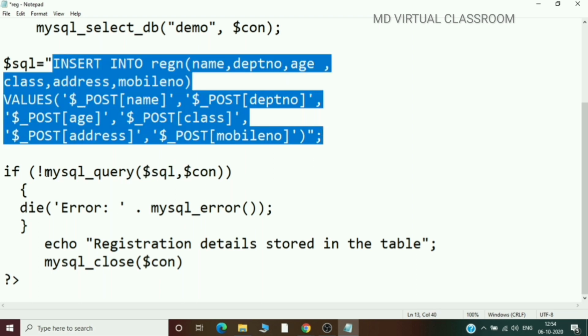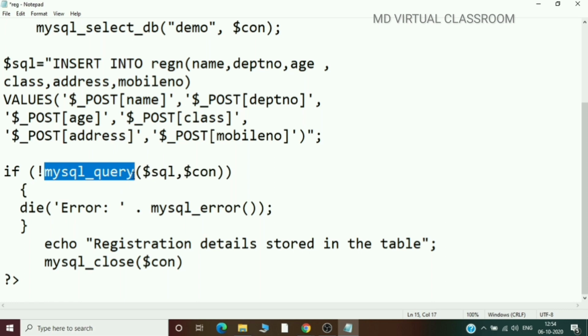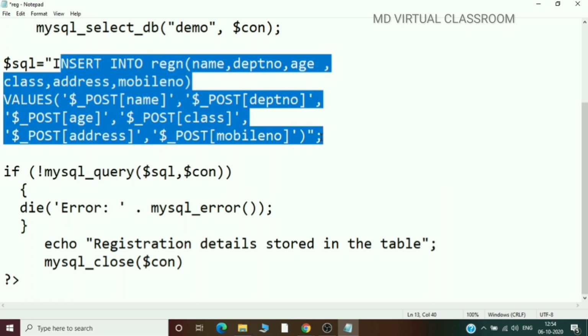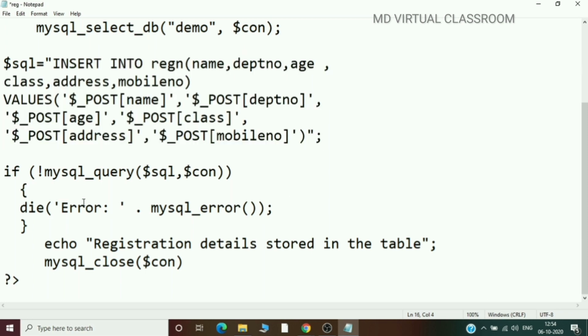If this mysql_query function is not able to execute this query, insert into registration values name, department number, age, class, address, mobile number, then you get the error message, die error. It is not able to insert the value.